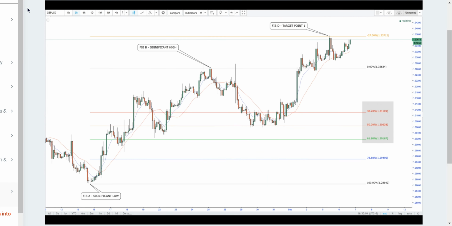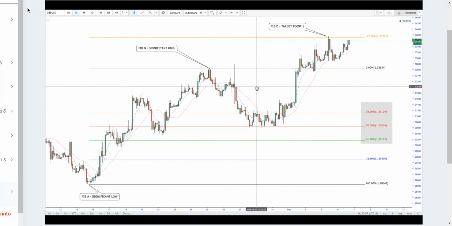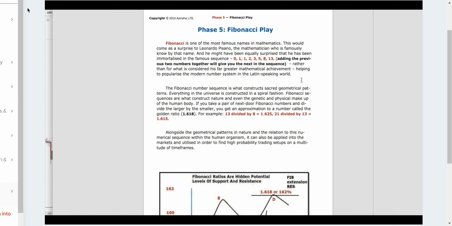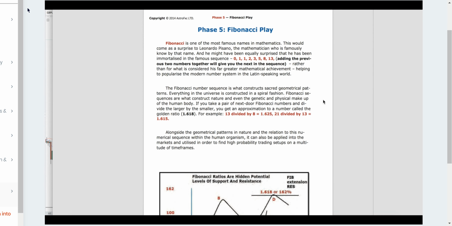Now, currently, I've got this Fibonacci on the chart, and in the AstroFX book as well, I've laid it out quite well, to be honest, with some bullish and bearish examples. And for those guys who may have been in the market for a while and have just taken the AstroFX course, or the people from non-UK and overseas students, may have known about Fibonacci and may have read about it online and so on, but